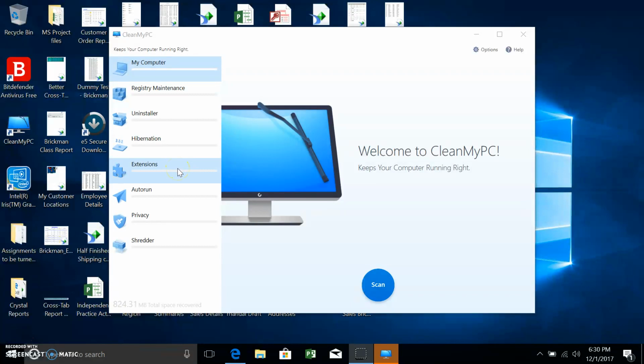We're going to go over extensions a little bit, go through the auto run, and show you some remediation techniques from there. We'll also cut into privacy as well, and go through the shredder. So we'll go through all these, but we'll start with my computer. So the first thing we're going to do is